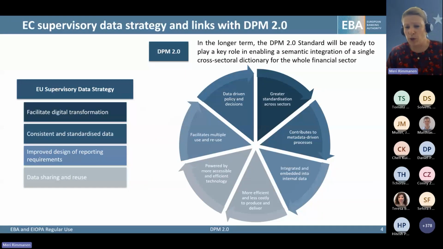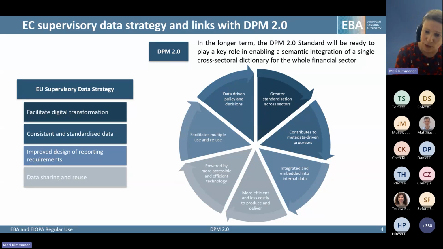And we do have also in Europe a supervisory data strategy for the EU. And both at EBA and at EIOPA we fully support these strategic developments, and we have our own data strategies which all work towards the same common goal of having a more efficient reporting ecosystem.